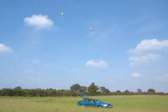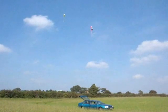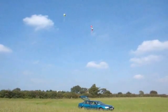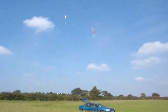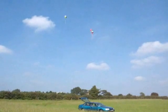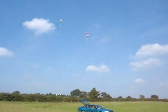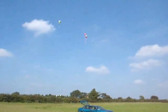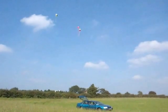This is another in the series of the airborne aerials, and today a beautiful sunny day, very little breeze, ideal for aerostats. And what I'm doing today is two different types of aerial. On the left is the standard 5/8 wave that I frequently use, being held up by one aerostat, and on the right, being held up by a pair of stacked aerostats, is a Zepp aerial,